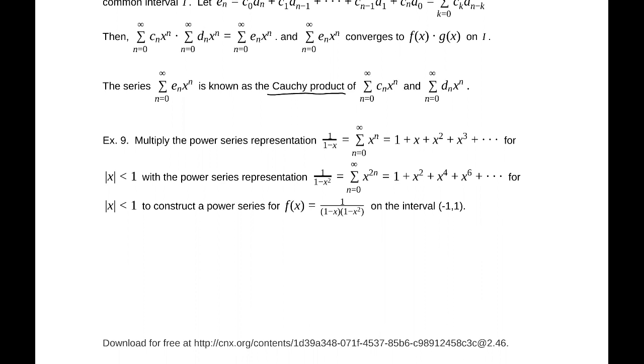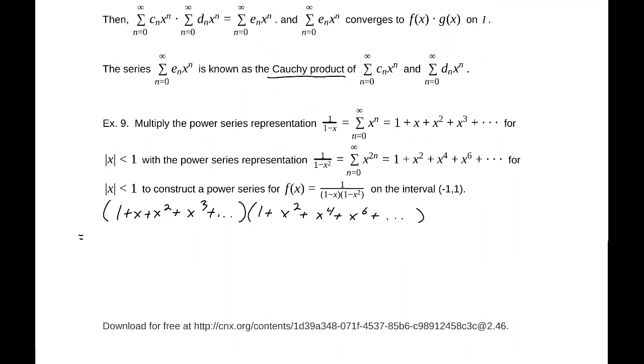Alright, so 1 over 1 minus x is 1 plus x plus x squared plus x cubed plus..., and 1 over 1 minus x squared is 1 plus x squared plus x to the 4th plus x to the 6th, continuing indefinitely. So what we are going to do is distribute. Lots of distributing. This is 1 times 1 plus x squared plus x to the 4th plus x to the 6th